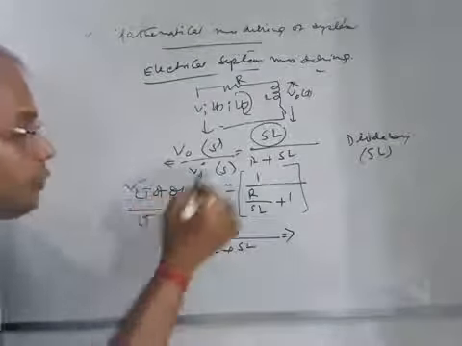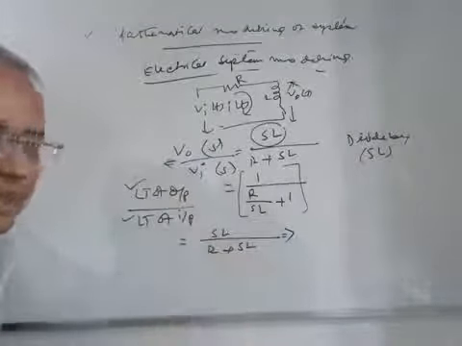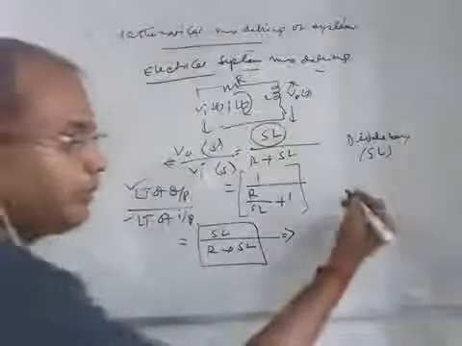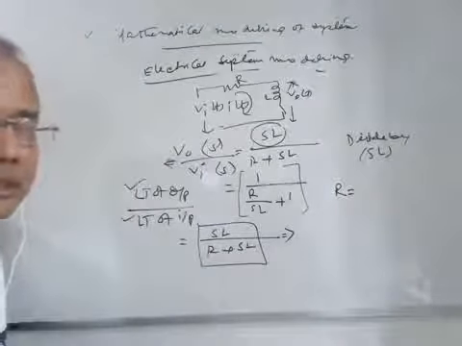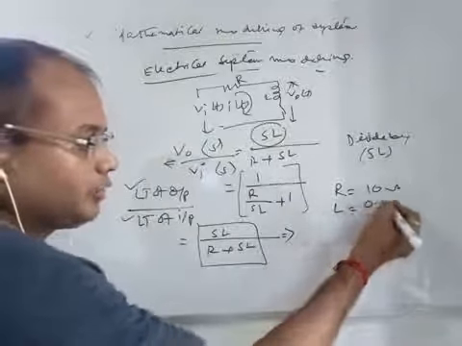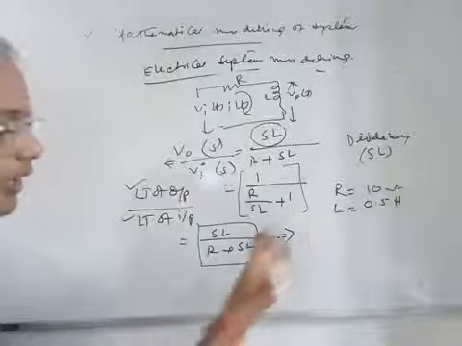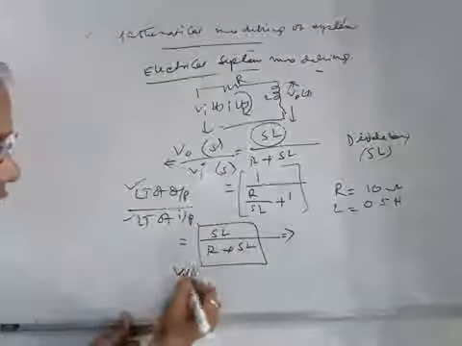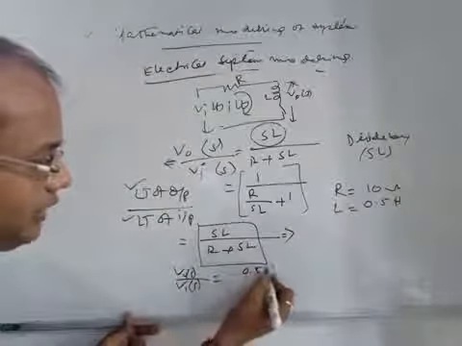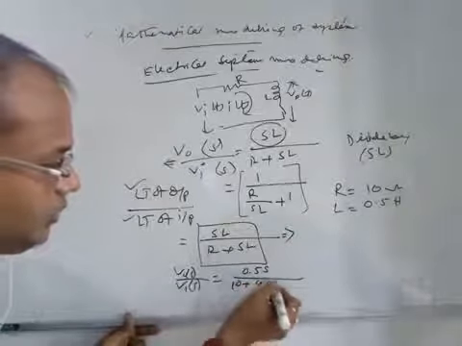So the Laplace transform of the output is V0(s), and the Laplace transform of the input is Vi(s). This is equal to sL by R plus sL. Now you know the values of R and L. Maybe, for example, you design the system such that R is 10 ohm and L is 0.5 Henry, right? If these are the two parameters, then how will your system look? V0(s) by Vi(s) is equal to 0.5s by 10 plus 0.5s,